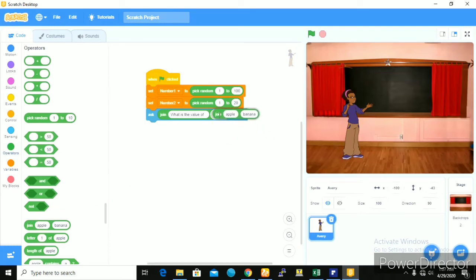This join operator actually helps us concatenate words or numbers. If there are so many of them and we want to divide them into bits, then we would use this join operator to add them together. So it will be what is the value of a number from variable number 1